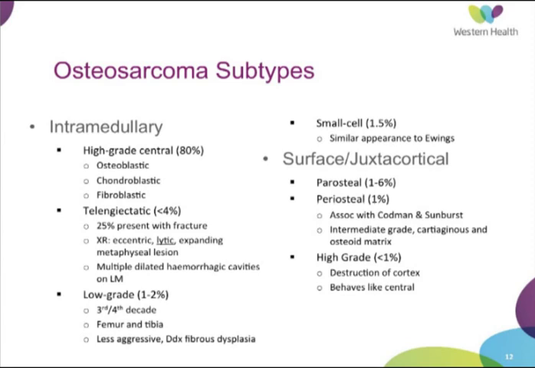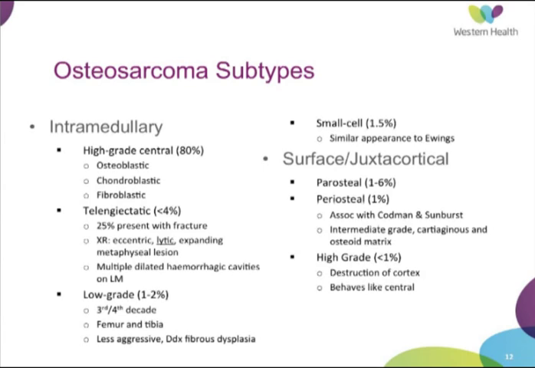They're all classified as your usual high-grade central osteosarcoma. They're all high-grade tumours, and they're all your classic osteosarcoma that makes up about 80% of cases. So that classic osteosarcoma is grouped into the intramedullary osteosarcoma group, as is telangiectatic,